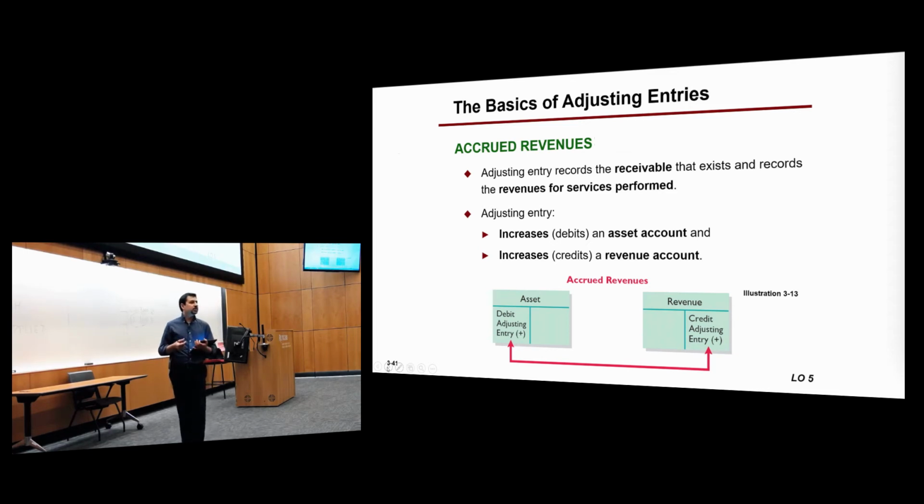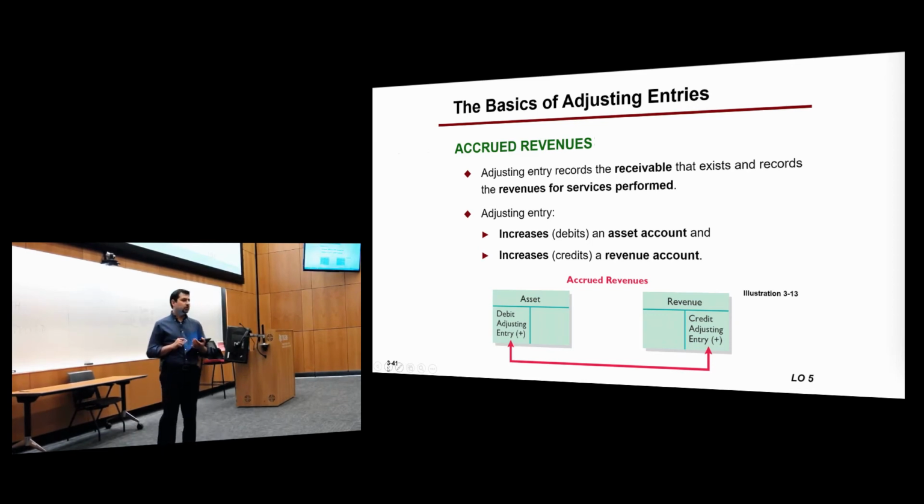They're not going to count salaries every day unless the employees are daily employees. But in general, if they have monthly or bi-weekly salaries, they will wait until the time of the payment, or until the time of the trial balance and statement preparation to do the adjusting